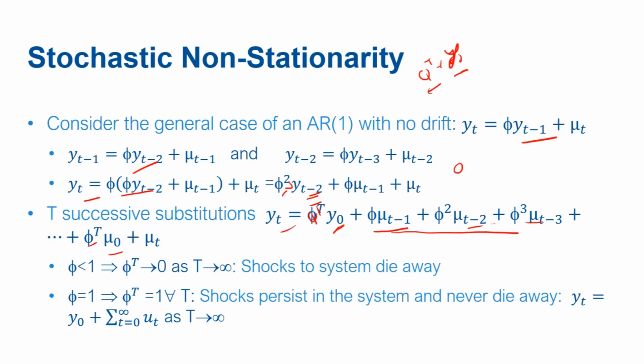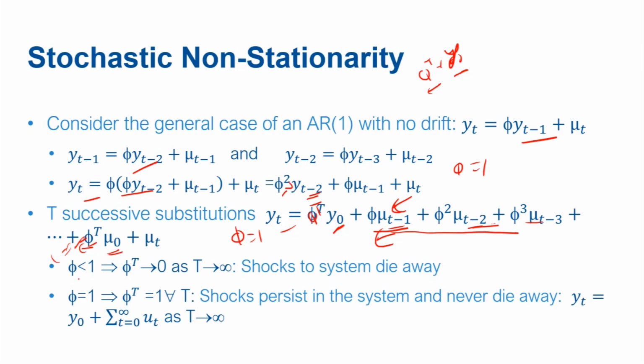However, if this phi equals 1, it has a very undesirable property. Whether this is a more recent shock or a shock which was much further away in time, that is mu naught, this will also become 1. So mu naught or mu t minus 1, mu t minus 2, whatever shock exists, it never dies down. However, for a financial or economic time series, a desirable property is that such shocks should decline over time. Their impact on the series should decline. However, as long as the value of phi equals 1, it does not die.